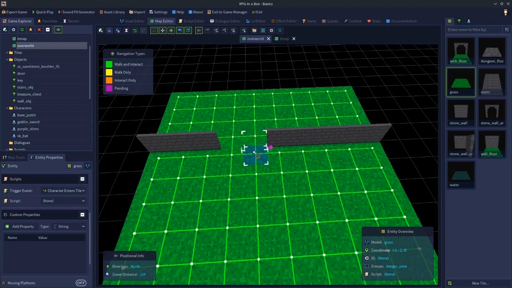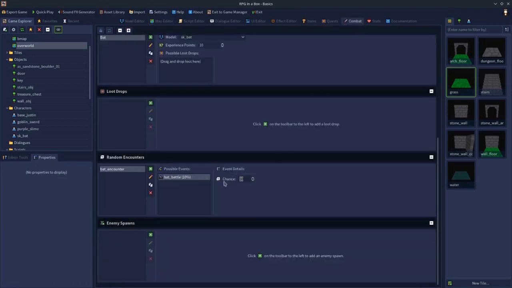Then after that battle, you step on this tile, nothing happens. Step on this tile, then you enter into a battle with a bat. That's kind of how it is. But at 10%, it's going to be less likely that you enter into a battle with the bat. However, obviously, if you set this to 100%,